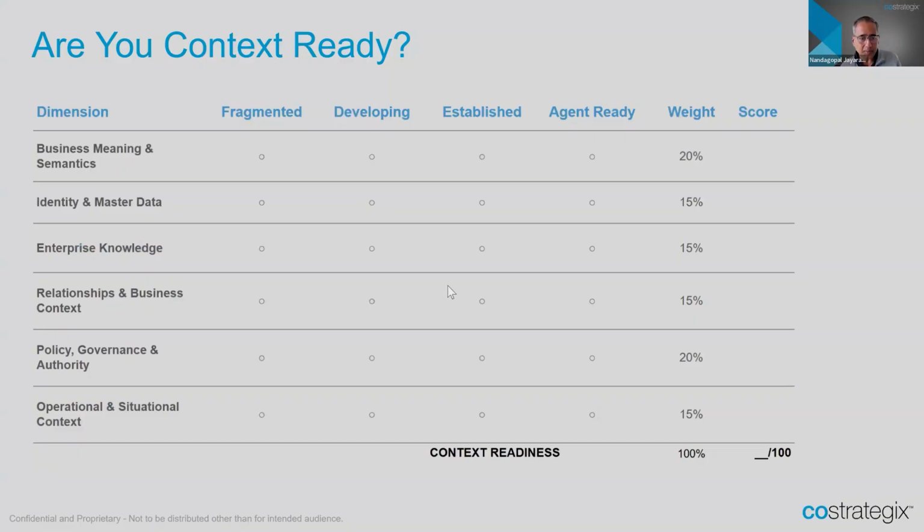So there are about 6 dimensions we use, right? The business meanings, syntax, and semantics. How fragmented are they? Are they developing, established, agent ready, right? And for each customer, we assign some of these weights, and we can calculate a readiness score based on that. And we look at specific things under each of these areas: identity, master data, where do we stand?